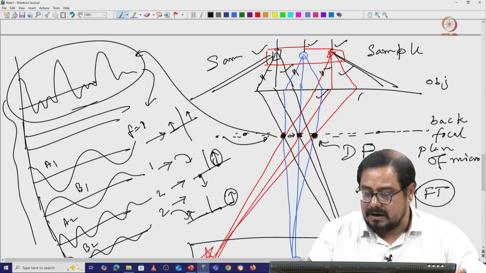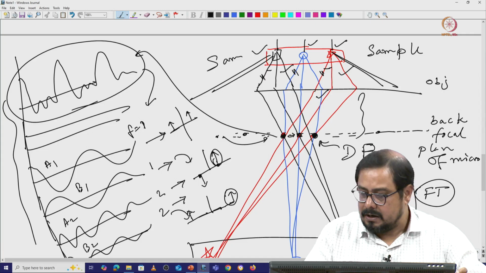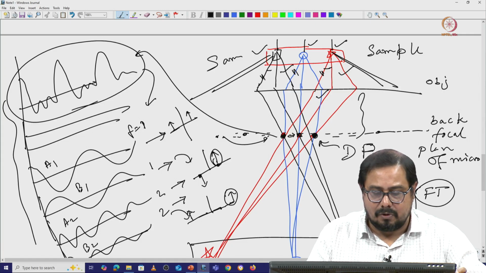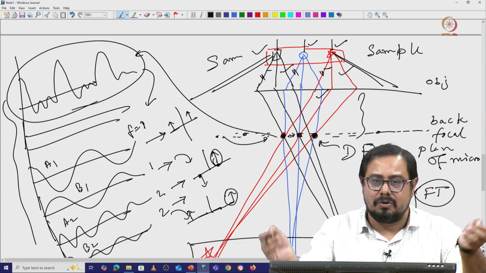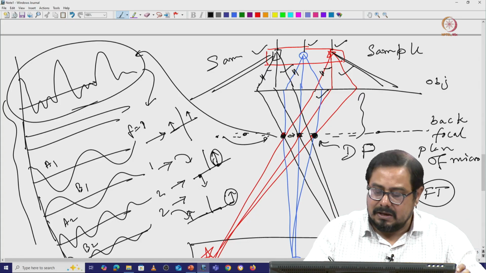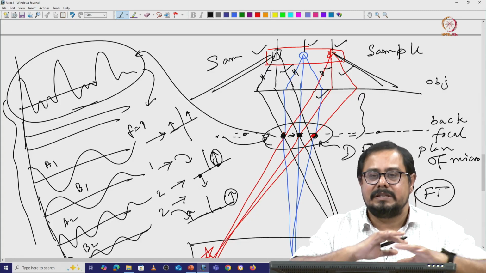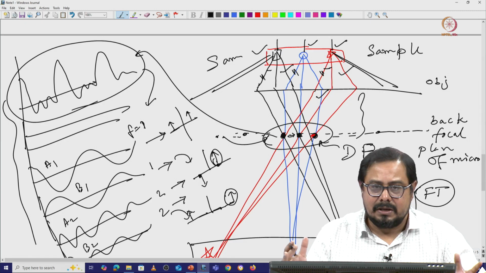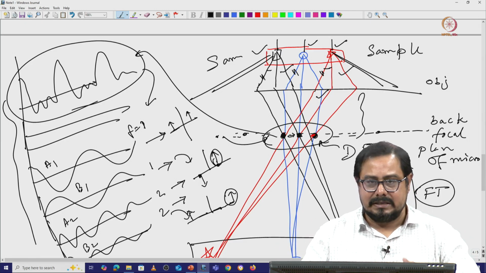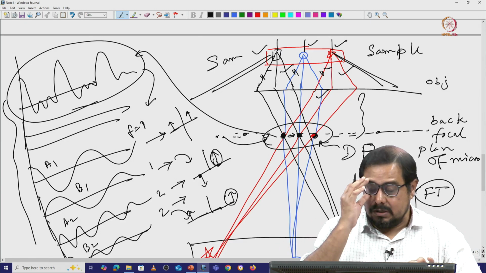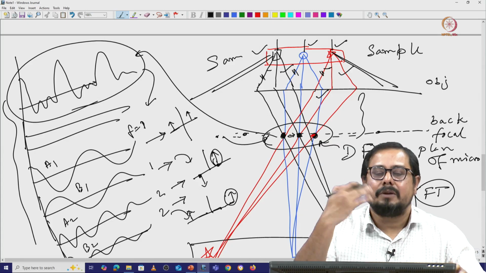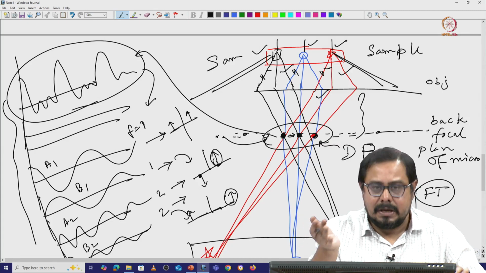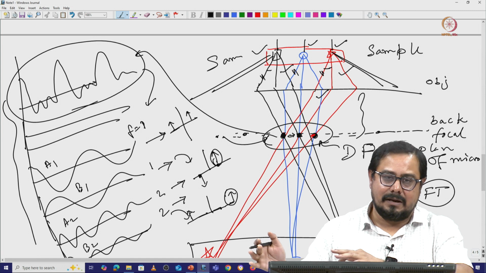Here this is a very complicated diffraction pattern, which you can see in the back focal plane, because it is not a simple case where only 1, 2 or 3 waves are coming and giving you this kind of pattern. Multiple waves are there, and then we get this complicated pattern. So, we will start with a very simple wave, how it forms the images and what their transform is, and then we will go to the complicated image.